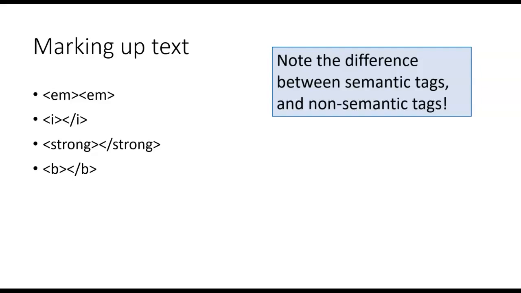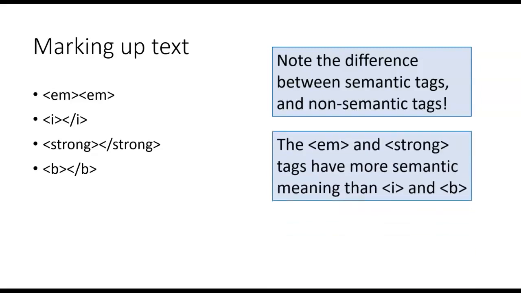So emphasis and strong are semantic tags. The non-semantic tags, italics and bold, simply indicate the way the text should look and do not carry any extra weight as far as the meaning is concerned. At least they shouldn't. So the emphasis tag and the strong tag have more semantic meaning than the italic tag